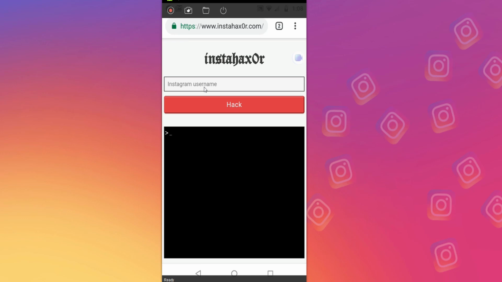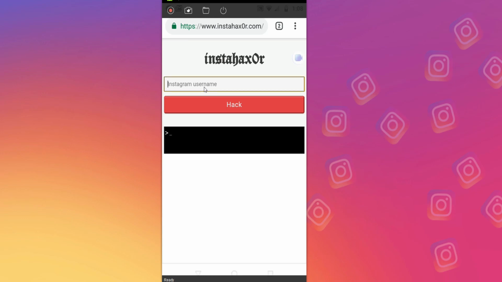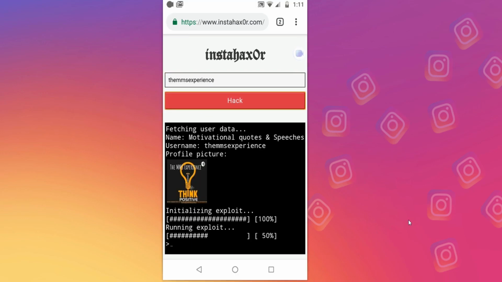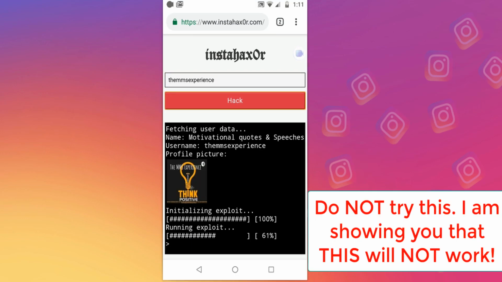Enter an Instagram username. So what I'm going to do is enter a username. Again, I switched the phone, so even if this phone gets hacked or whatever happens to this phone, I'm not going to cry, because it's not that important. But I'm going to try to enter one of my Instagram accounts that only has about 135 followers. I hope it's not going to hack my phone. Again, do not try this. Let me finish and I'll tell you exactly what you need to do.